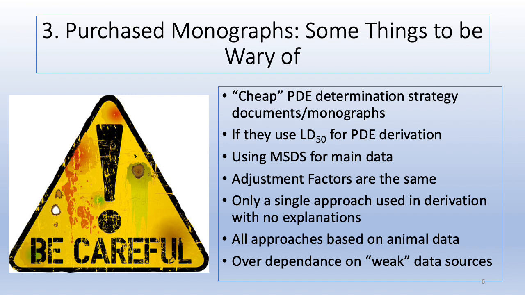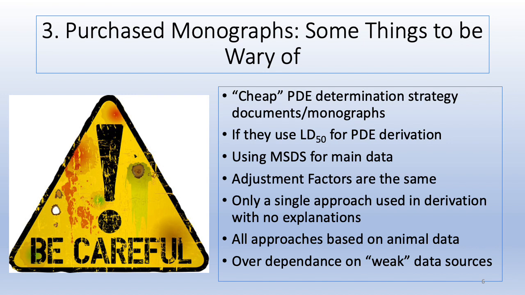I think I've talked about this already. When you're doing the calculations for PDE, you do not want to use acute toxicity data because the very definition of a health-based exposure limit is talking about a lifetime. It would be really hard to even bring in some adjustment factors, because the way that an organ, or an organism responds after an acute exposure to very high doses may be totally different to the way that it would respond after chronic exposure at much lower